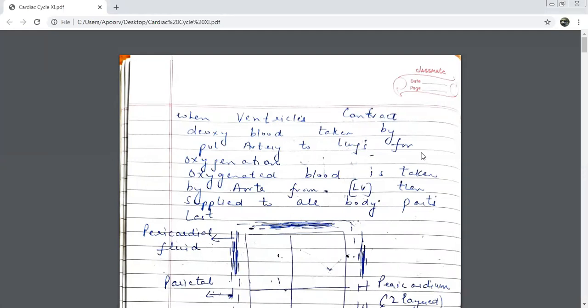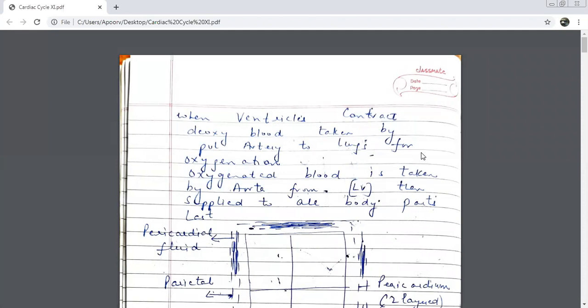Okay, good morning, children. Good morning, ma'am. Remember, in the first session we did how a heart looks from outside. Then in the second session we studied the inner part of the heart, like how a heart would look from inside. So today I'll be taking up the functioning of the heart, the cardiac cycle.